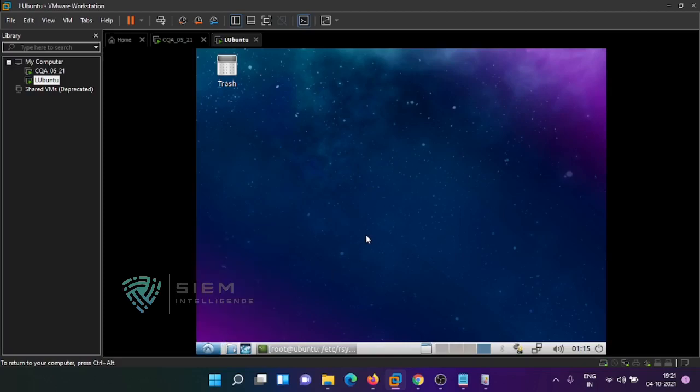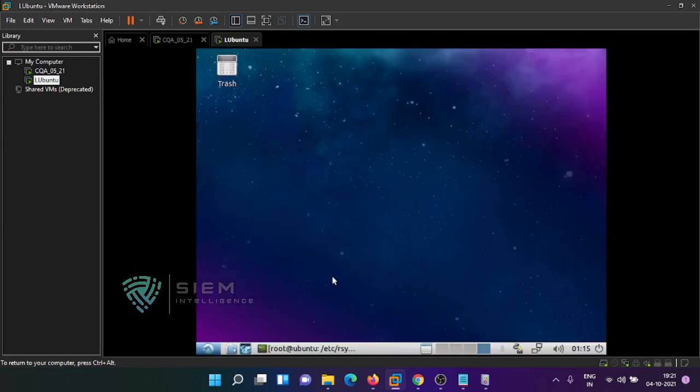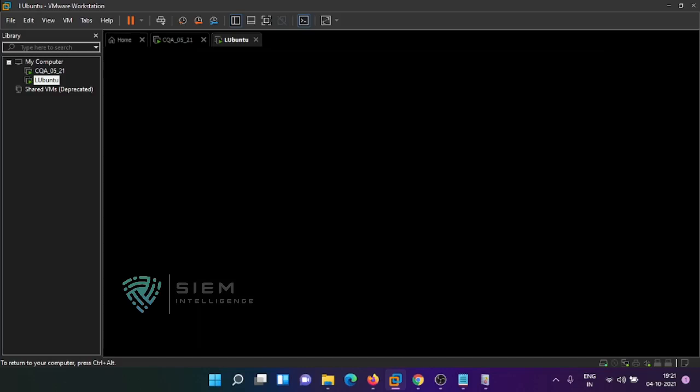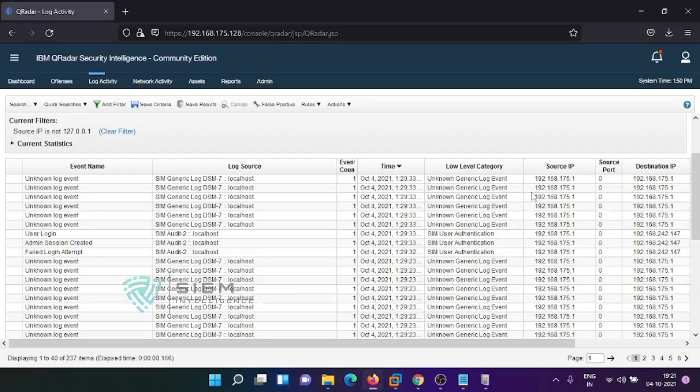First of all, I'll log out. I want to create some GUI based login failures. Might have already created some objects. So how to check?